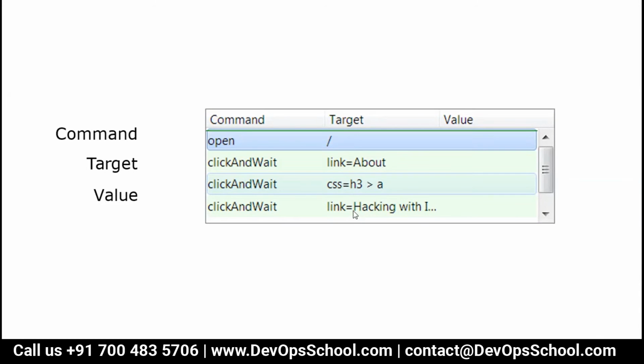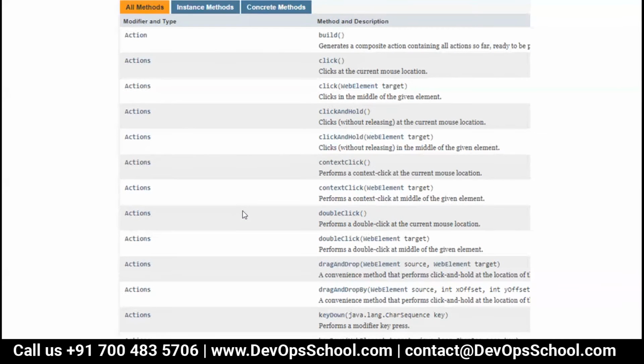So this is an example of actions. Open is an action, click and wait is an action, and stuff like that. Look at this, we have so many actions. Not very difficult to understand because you've been browsing websites for so many years. So you can understand what a click is, what a click and hold is, what a context click is, what a double click is.